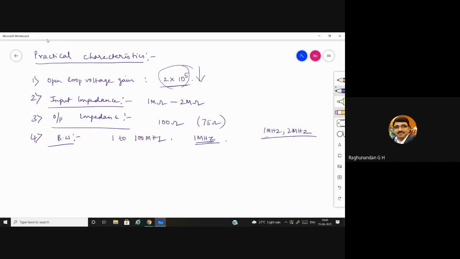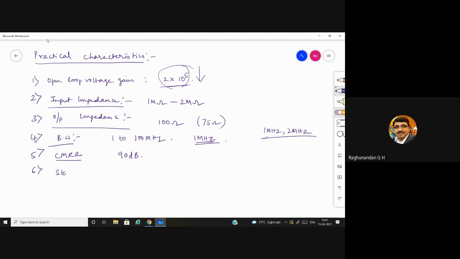Why does it drop? Again, for that we have a reason which we'll discuss in another chapter, because of the coupling capacitors and junction capacitors which have reactance, and also we have parasitic capacitance which has reactance. Because of all those things, it will oppose the further increase in gain. So obviously the gain has to reduce. And after that, CMRR. As I told, CMRR practically is 90 dB. It is not infinity.